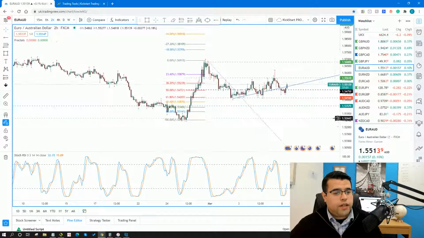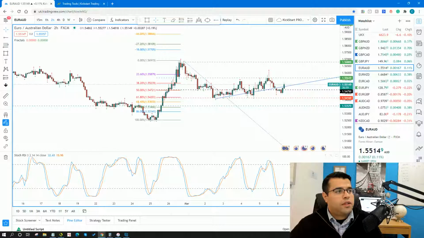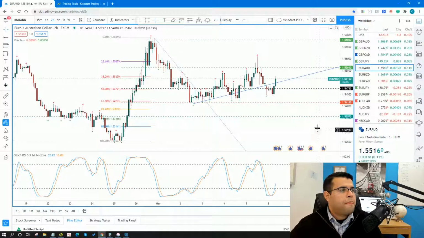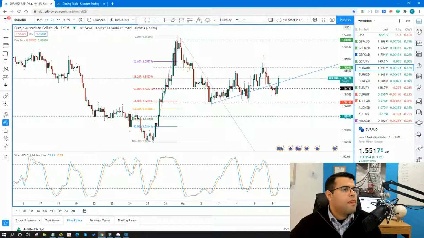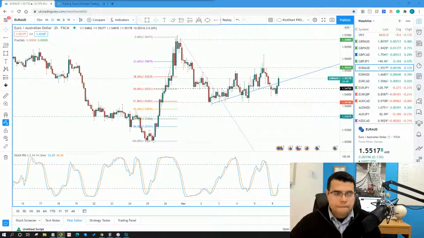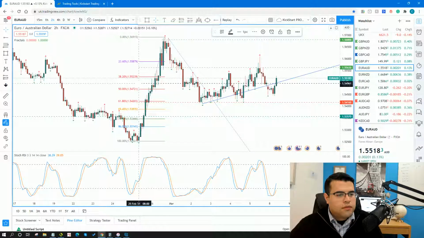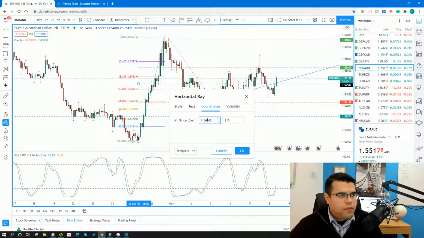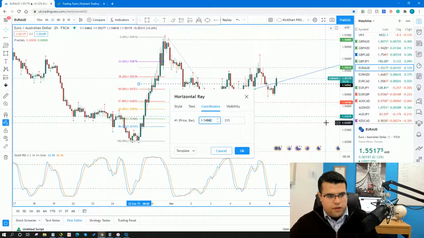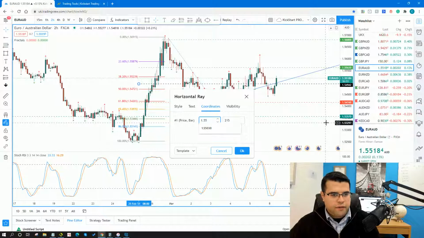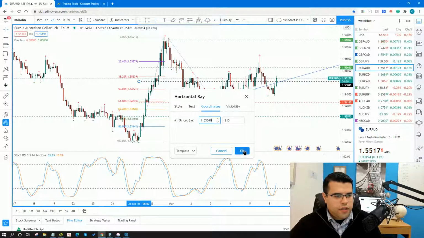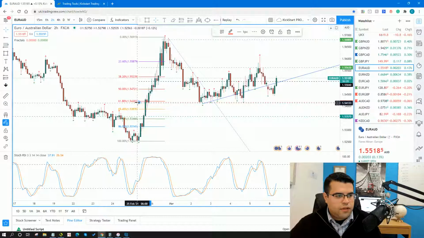Euro Aussie actually looks pretty nice as well. So I'll just have a quick look over here at Euro Aussie. Okay, and so 10 pips above is going to put me at 55.04, so I'm a little bit late on this one too, as you can see. So I've got to be aware of that, got to keep that in mind.